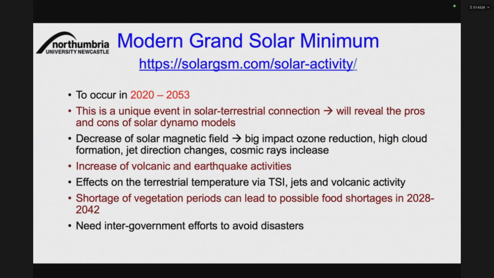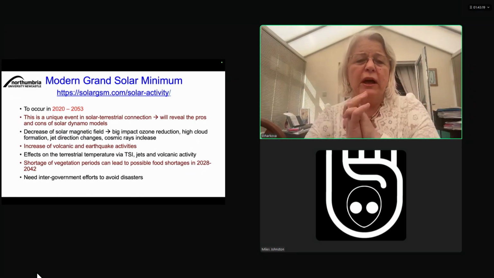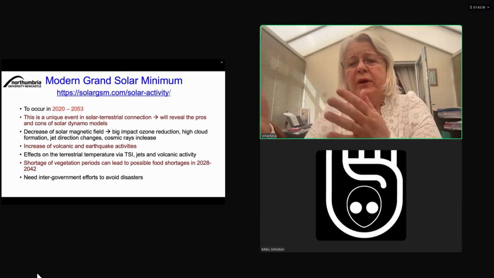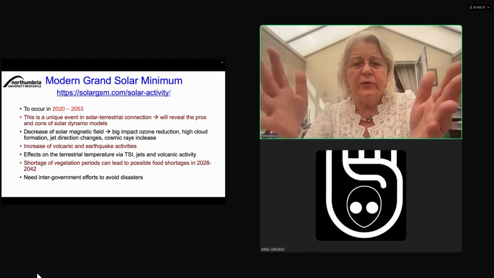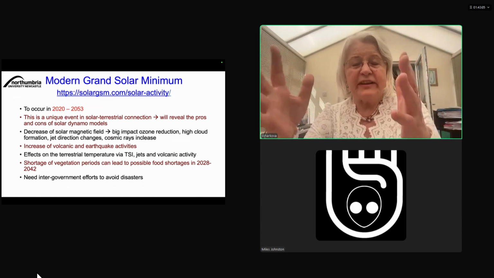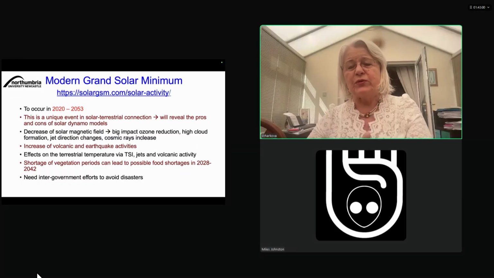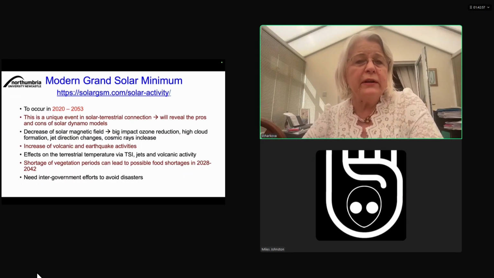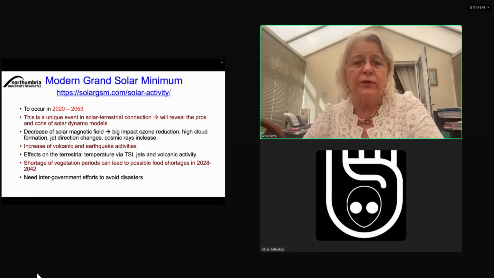What it leads to is the reduction of the vegetation period for all the food we grow. We need 3-4 months, or 2 months for vegetables, for wheat, and suddenly this period will be very shortened. And the governments need to think either to build real greenhouses and find the energy resources to heat them and produce vegetables for their nation, or find other lands which are not affected by this grand solar minimum and reduction of temperature, like North Africa and others, and build big